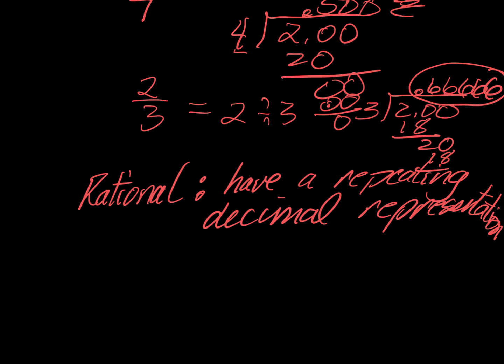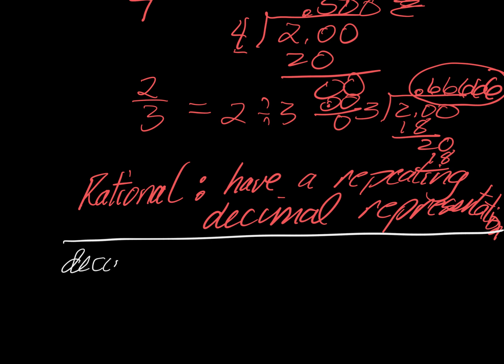Either they'll repeat zeros, which is what we call terminating, or they'll repeat some sequence of numbers. Like 1/7 repeats 6 numbers, and then it repeats those same 6 numbers when you divide by 7. Okay? So what happens then? Somebody begins to ask the question, and they say, wait a second, what if something has a decimal representation